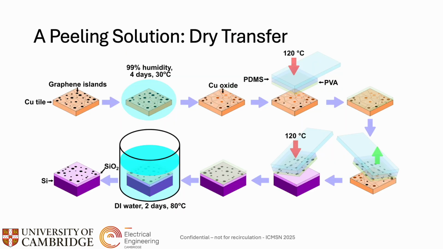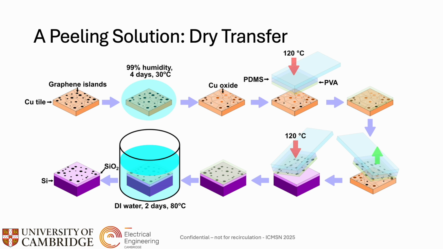And there's a little bit of an explanation as to what we actually do, how we actually transfer that graphene off the tile. We humidify it in a particular environment at around 30 degrees for a few days so that the copper at the interface with the graphene oxidizes. This oxide then typically decouples the graphene so that we can use a PVA PDMS stamp on the PVA, allow it to set, peel it off,